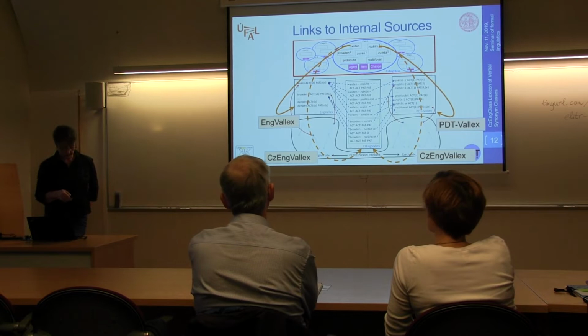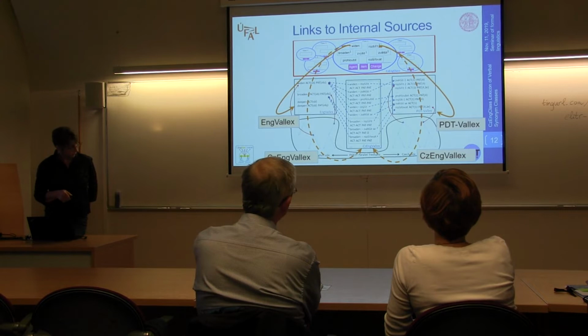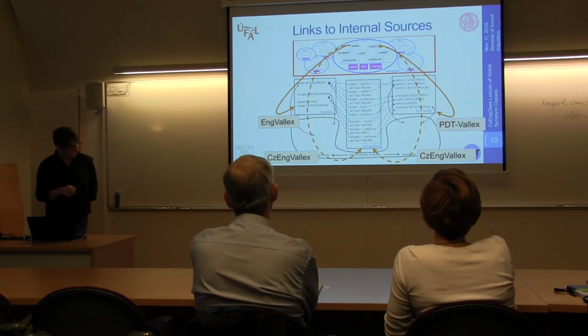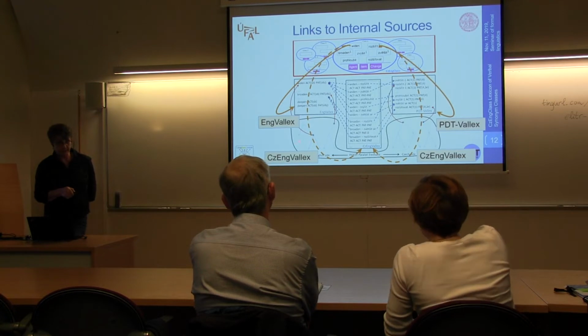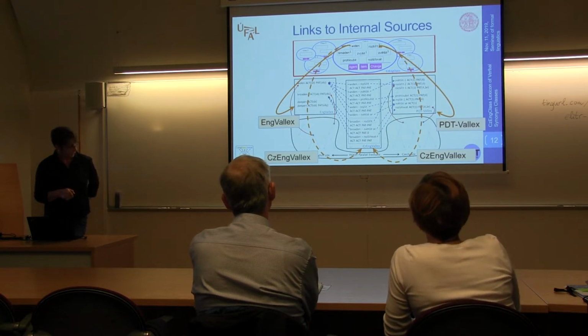Also, we interlink the English and the Czech part with our CzEngValex lexicon. This is depicted with these arrows. And for those of you who wonder what these arrows are, they represent the dependency trees from the Prague Czech-English